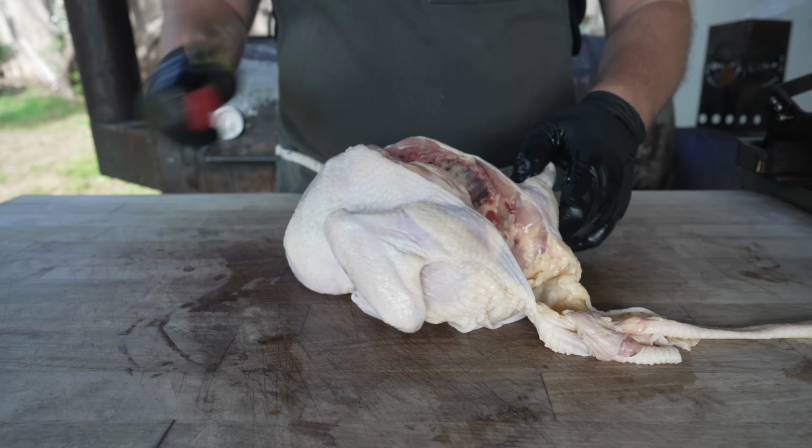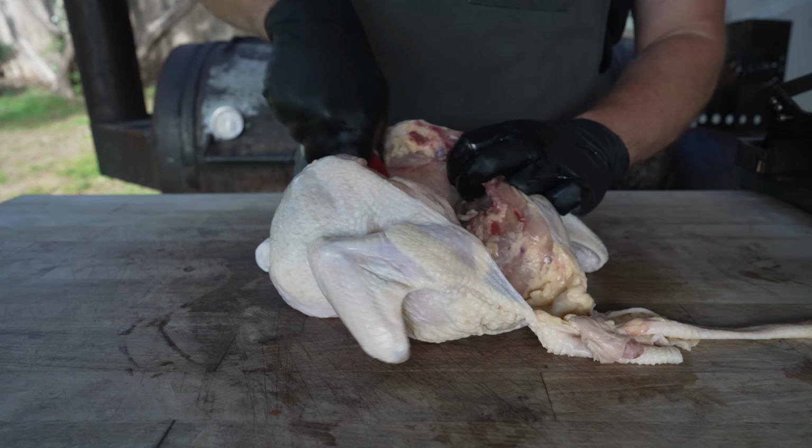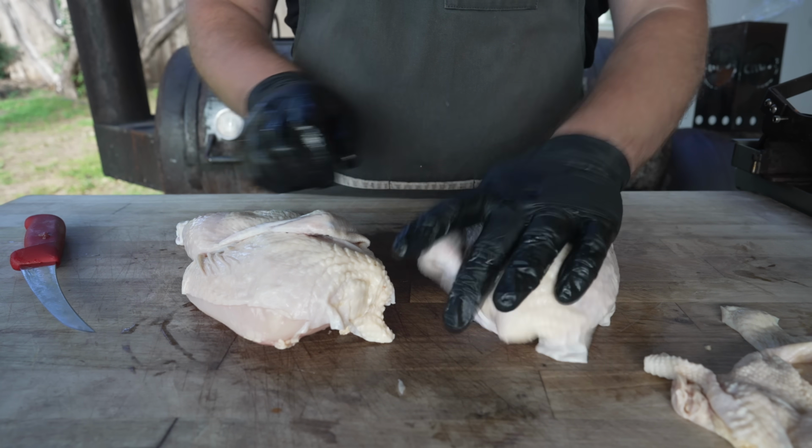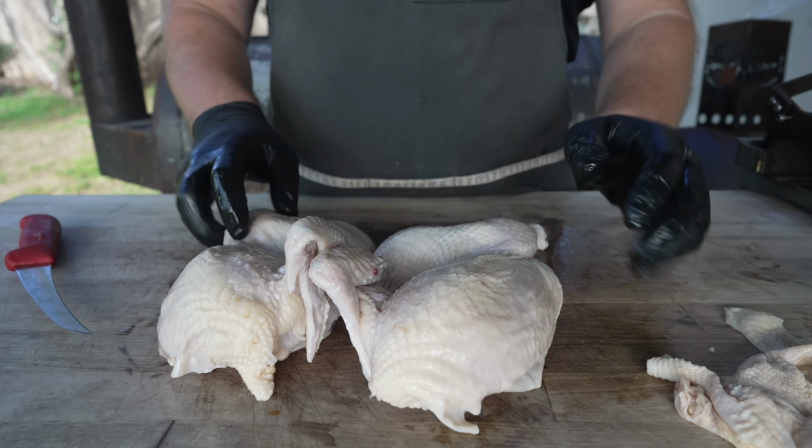And I think to make things easier, I'm gonna just go ahead and split this bird in half. And there we have it. Beautiful chicken, split in half. Does not take much time. I'm gonna go ahead and tuck those wing tips, make seasoning those breasts a little bit easier, which is in